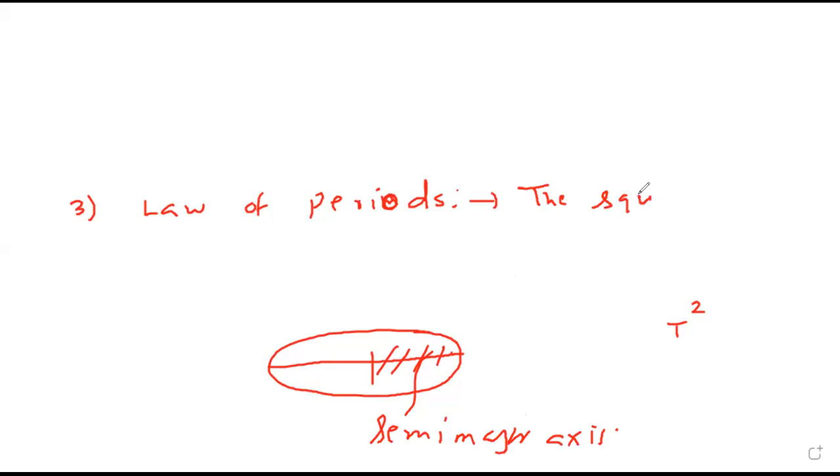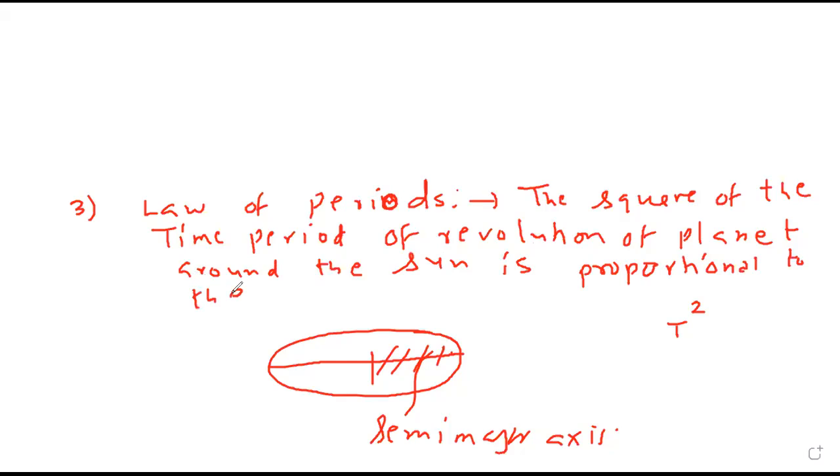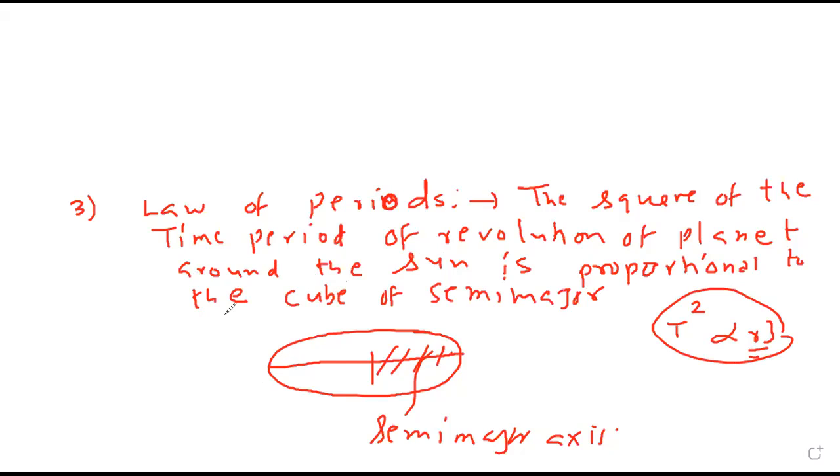The square of the time period of revolution of a planet around the sun is proportional to the R cube, मतलब semi-major axis का cube, is proportional to the cube of semi-major axis of the ellipse